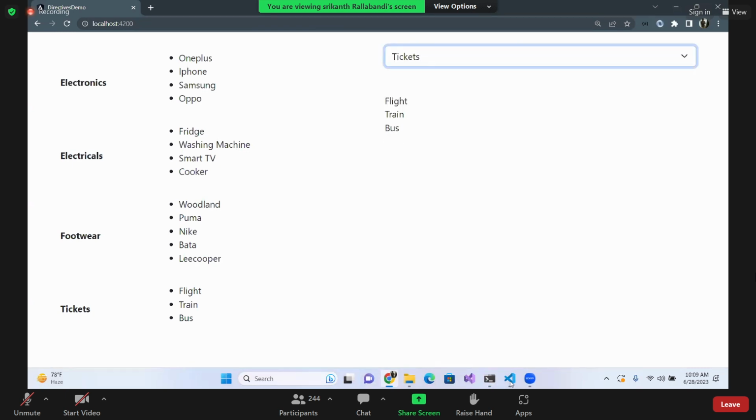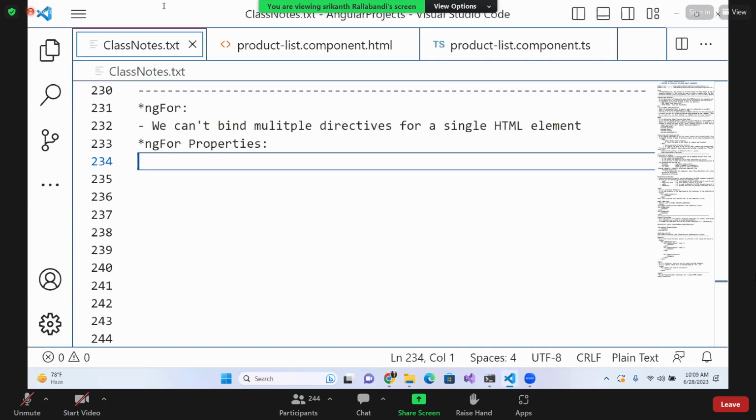Okay. So the next one is NG for properties, and what is the need of NG for properties over here? Grid over here, you will be having a simple table that will have the operations something like